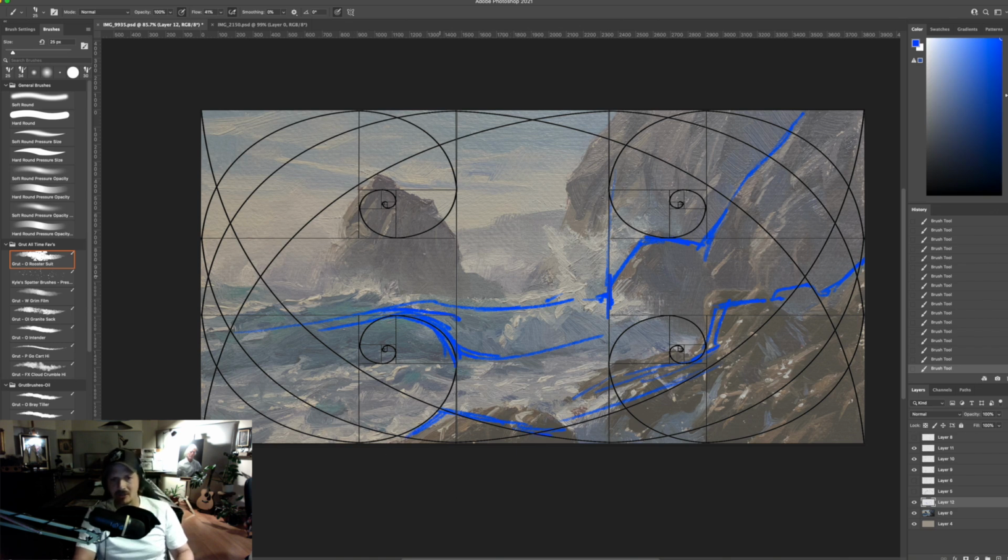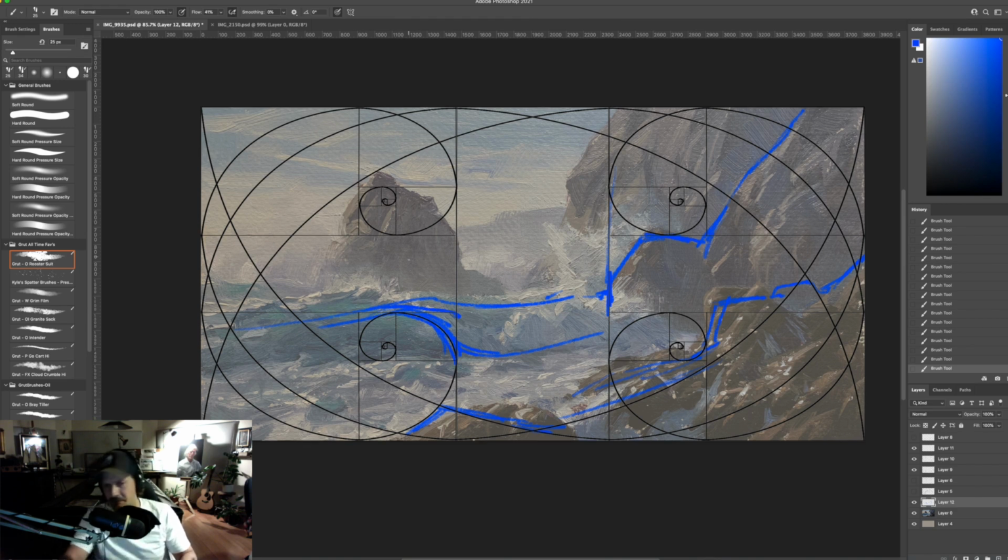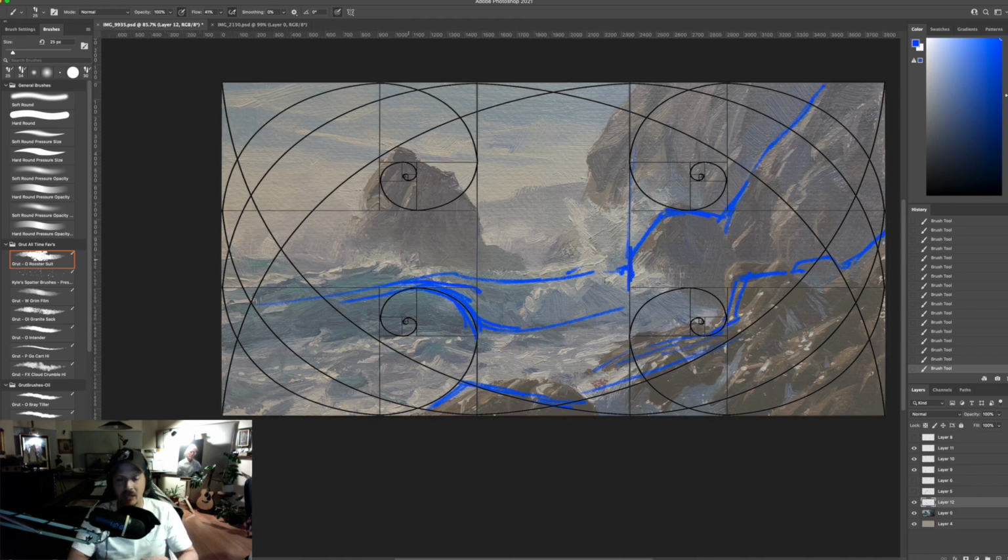Okay, how about this rocky stack in the background? I'm having too much fun with this. How could we use the golden section with that? Well, what if the top of it... isn't it cool? It actually becomes pretty close. It's close. The edge of it here is already following pretty much there, and it just comes up and touches the top of that line. I really dig that. But,